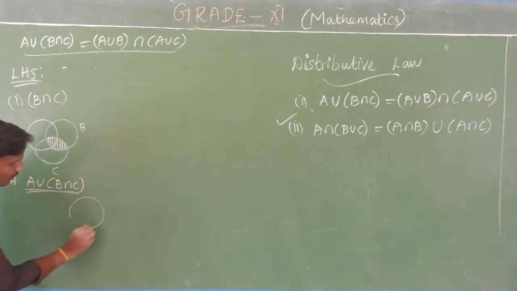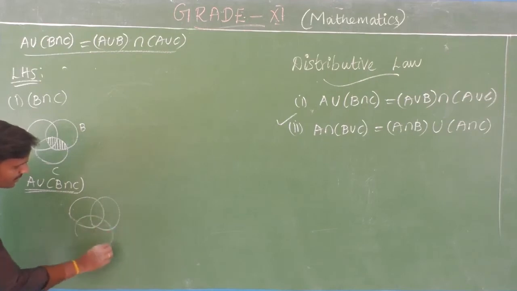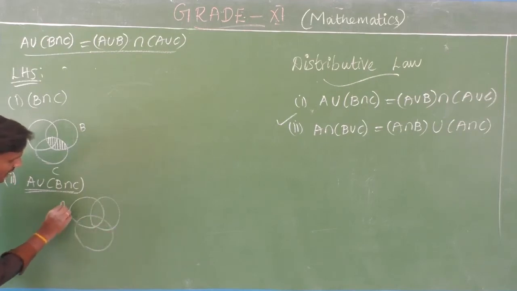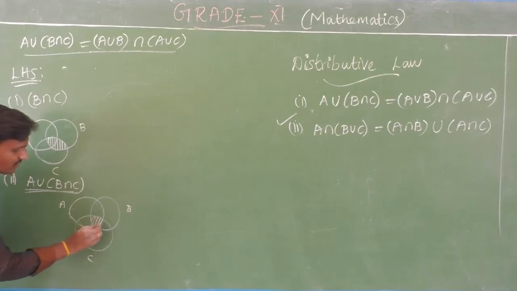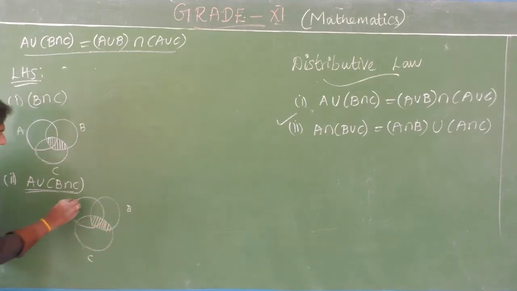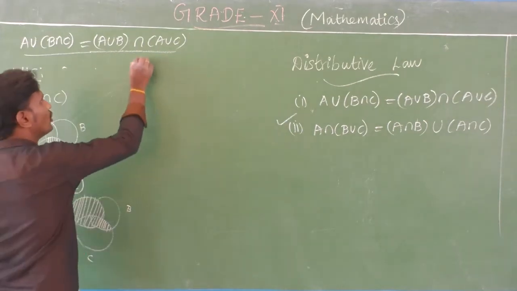Okay, fine. And in the second step, I have to move to A union (B intersection C). For that also I am going to draw 3 circles, A, B, C. What are we going to take? A union (B intersection C). B intersection C we already marked, so we have to join it within A. So that is A union (B intersection C). This place is already shaded, so again I have to join the full space of A. So this is your A union (B intersection C). Okay, have you got it?